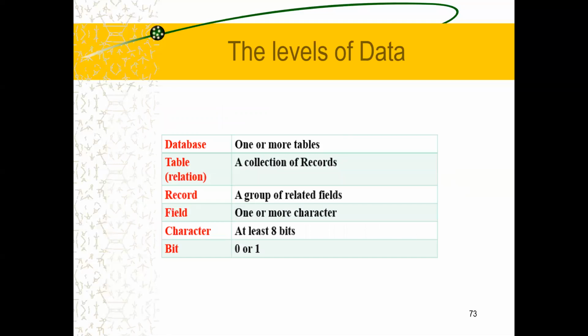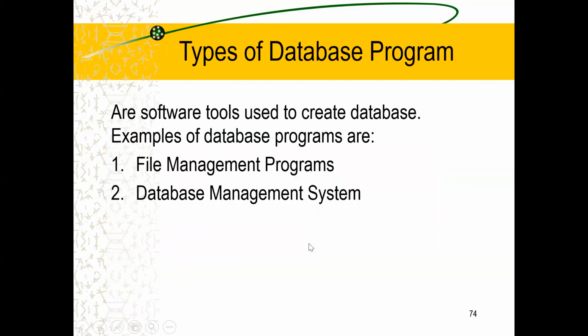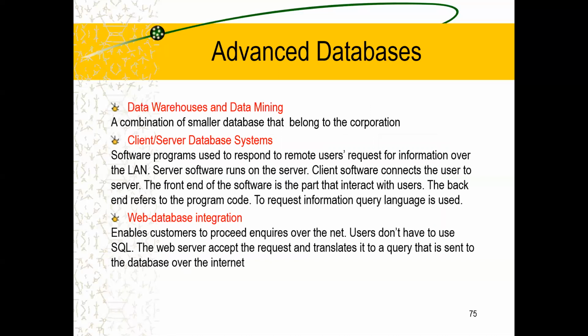If we talk about levels of data: a database, which has one or more tables; a table, which is a collection of records; a record, a collection of related fields; a field, one or more characters; and a character, at least 8 bits of 0s and 1s. Types of database programs are file management programs and database management systems. Advanced databases include data warehouses and data mining, client server database systems, and web database